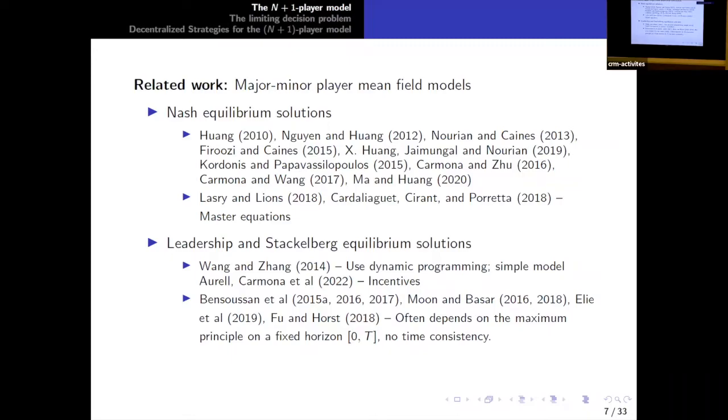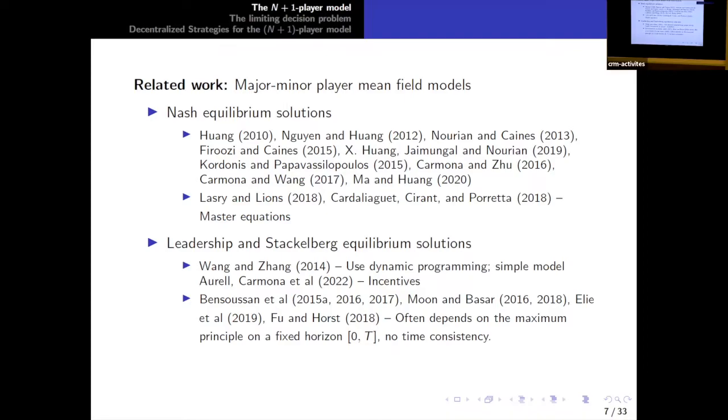In the economic literature during the early days, we can see some static models, with a major player and an ocean of minor players. But it's usually for cooperative games. That means the focus is to study the Shapley value of the game. So this work introduces the modeling of mean field games with a major player.